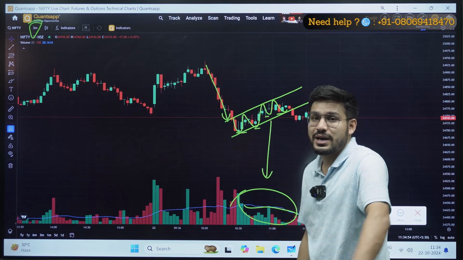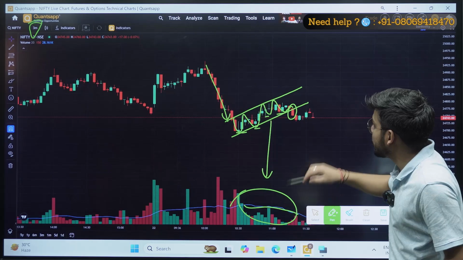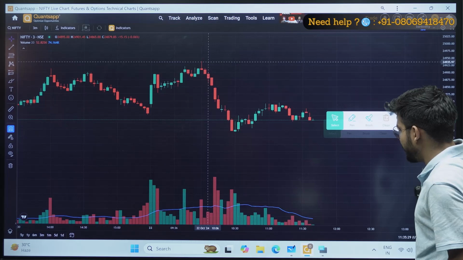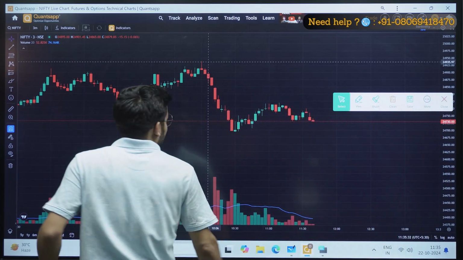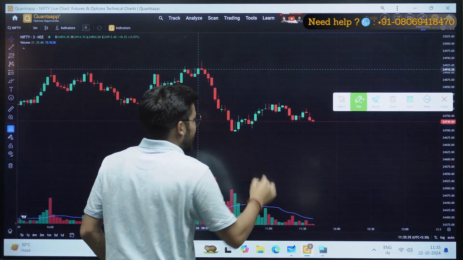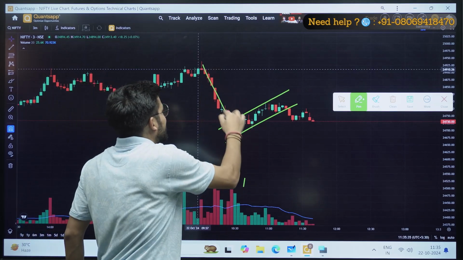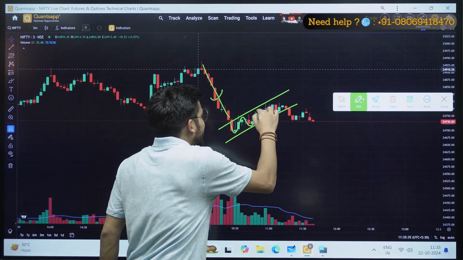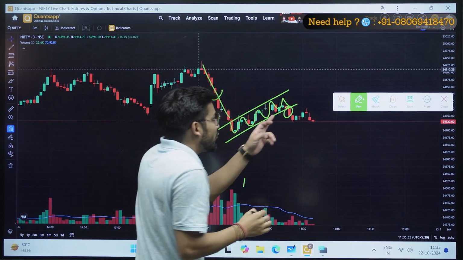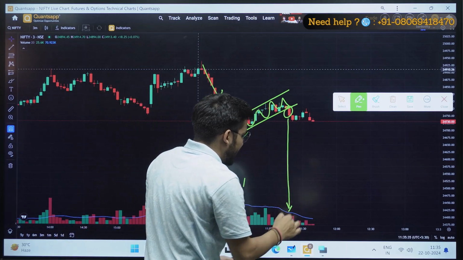Currently, it is live market, 11:38 is the timing right now, and you can see when it broke out. At that time, if I'm getting a good volume here, let's see at the break. So you can see at the breakout of this flag pattern also, I'm not getting a good volume. This was the flag pattern. This is a bearish flag pattern because I got a bearish movement. After this bearish movement, I got some momentum in the upward direction. After that, there is a breakout. And why are we not getting that much momentum here? Because I did not get a good volume at the breakout as well.